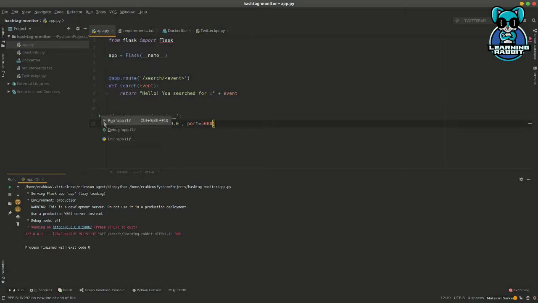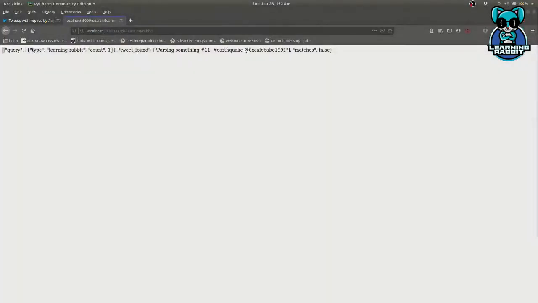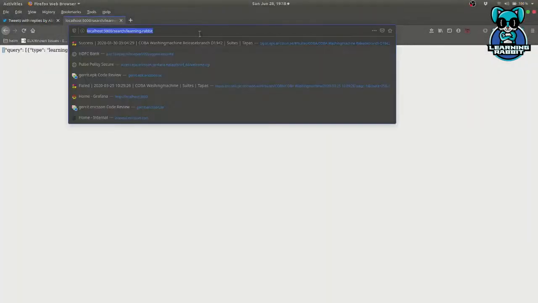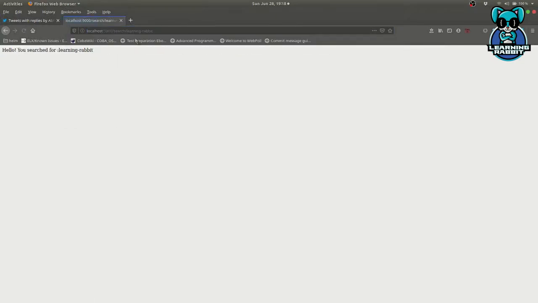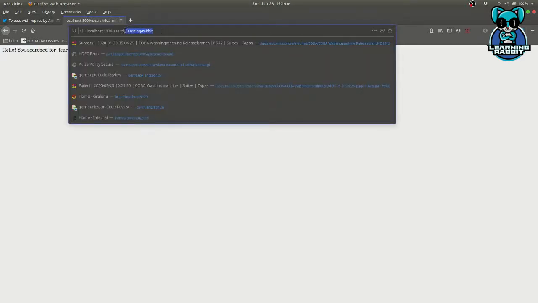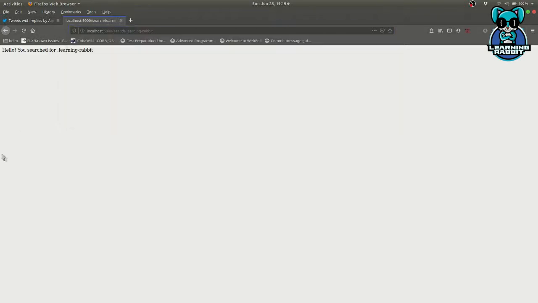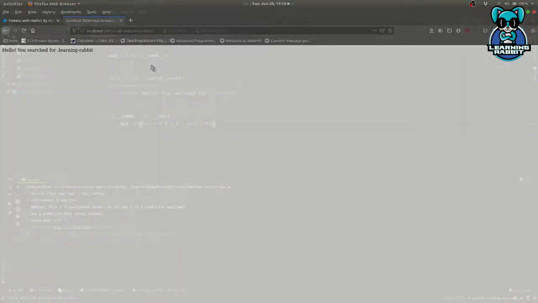So I'm going to start it. You see that it is up and running. Now let's switch to the browser. When I do this, you see that I get hello, you search for learning rabbit, because the path parameter was learning rabbit. Let's switch back to the editor